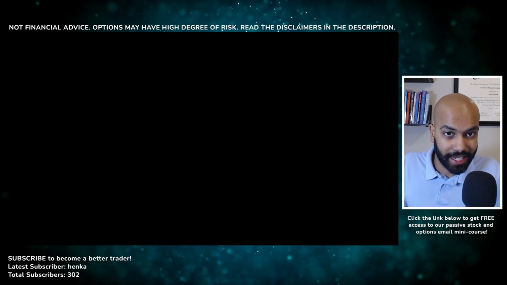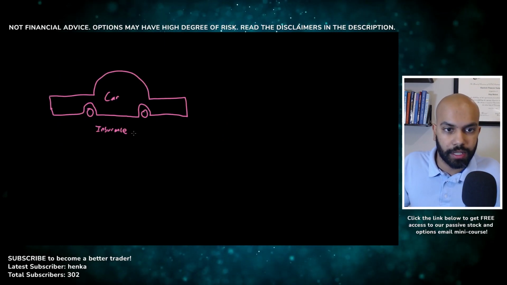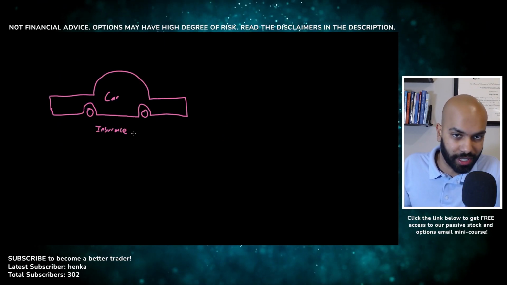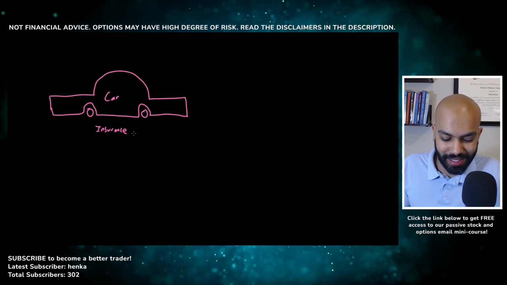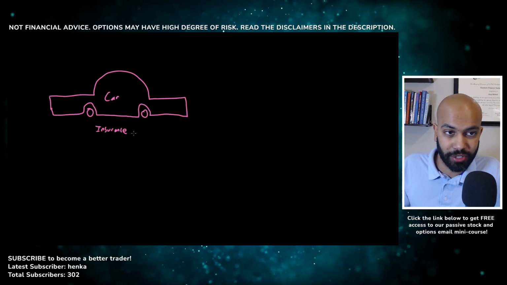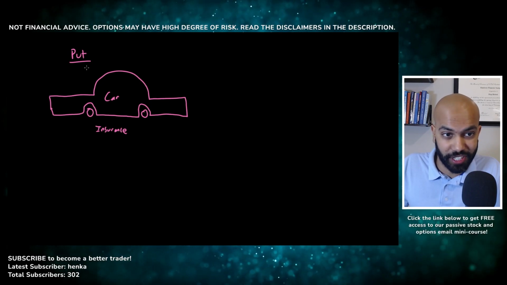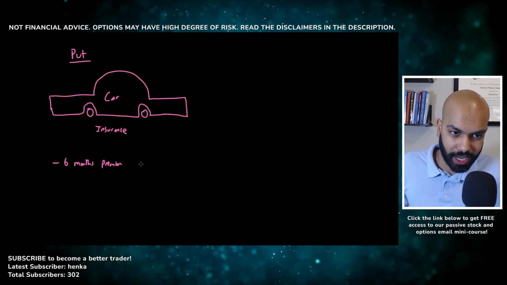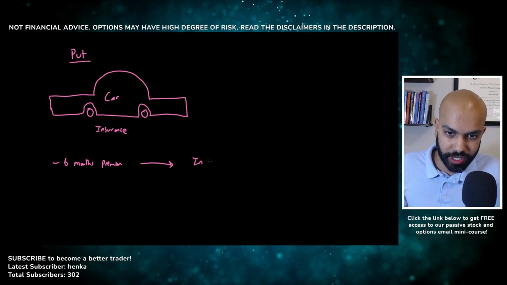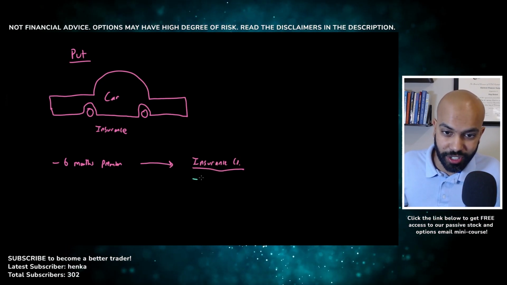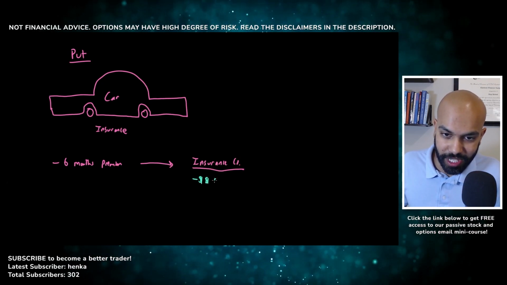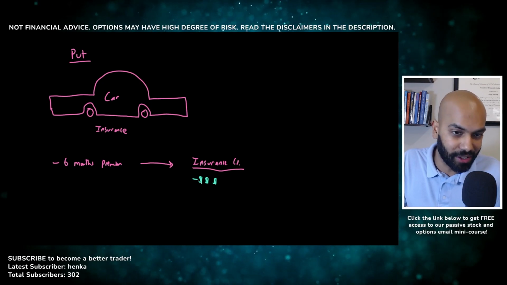So let's look at an analogy, and this will all make sense. What we're going to look at here is car insurance. I know the car is beautiful. You can thank me later. But basically think of insurance every time you think of the word put, because that will absolutely help you with understanding the definition. Think about every 6 months you pay a premium to the insurance company. If at the 6 months you don't crash your car, the insurance company basically keeps all your money, and you would basically just be out of your premium.